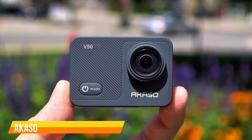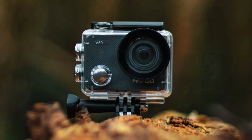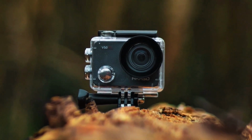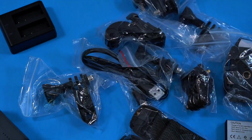The next one on our list is AKASO V50X action camera. The AKASO V50X is a compact camera designed for action video. It comes with a clear plastic case advertised to render it waterproof and impact resistant, though we don't currently test for that. And it comes with a variety of accessories that allow it to be mounted to a helmet or